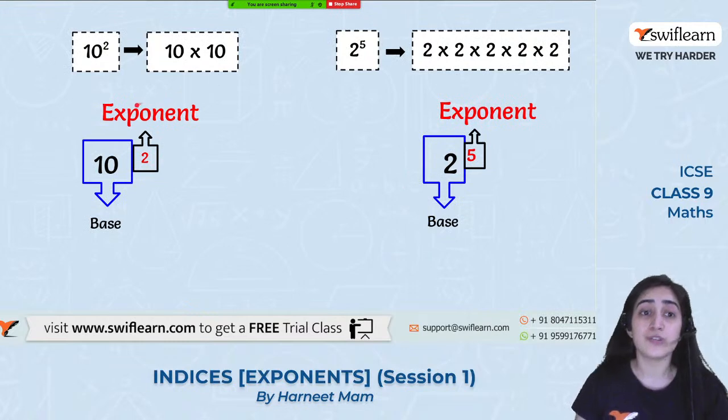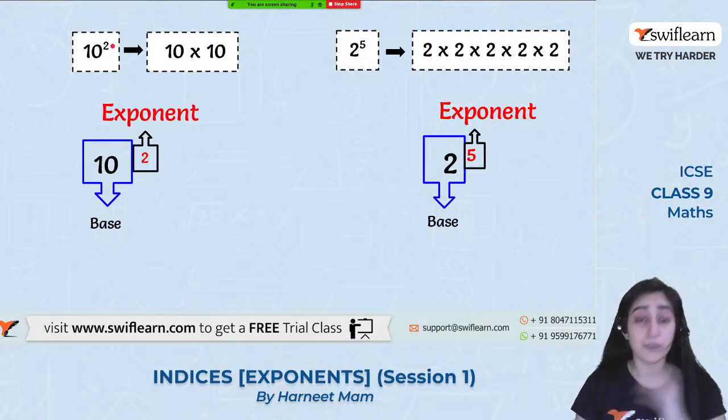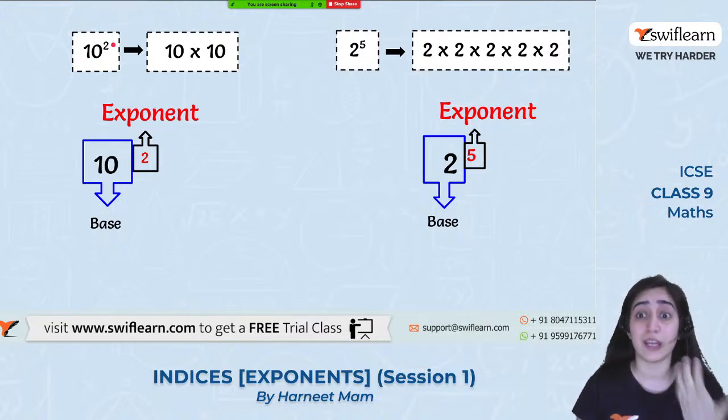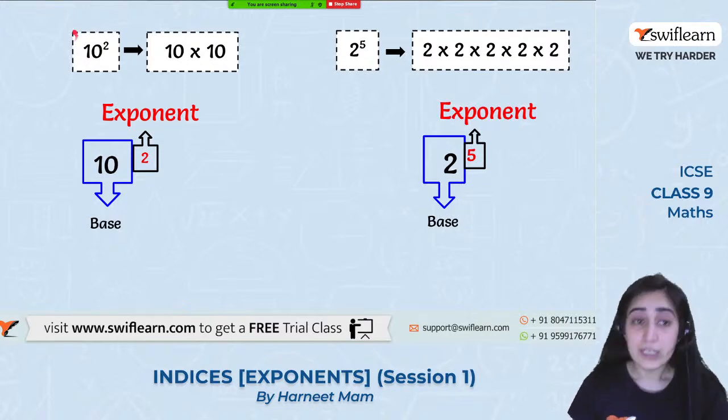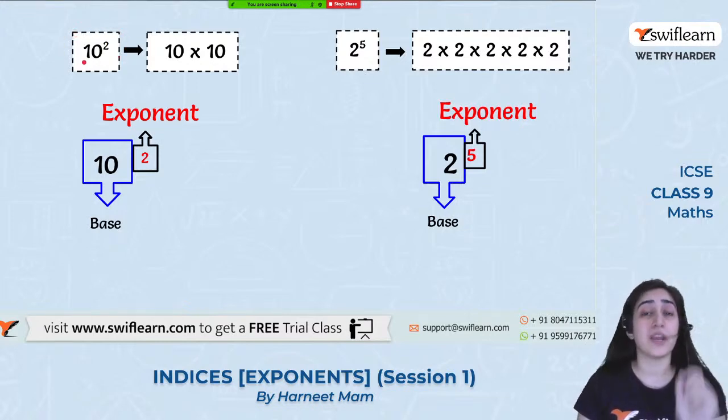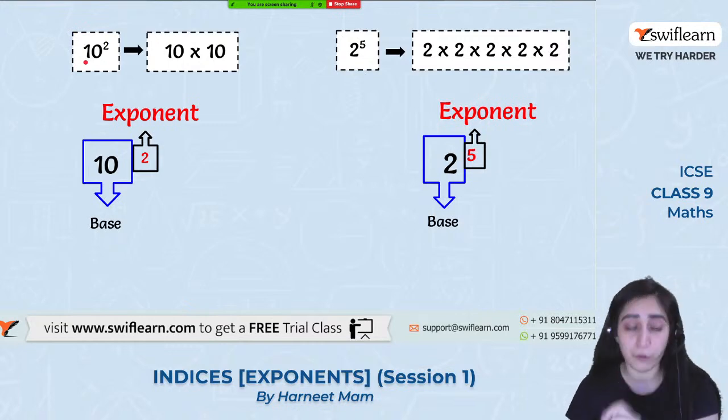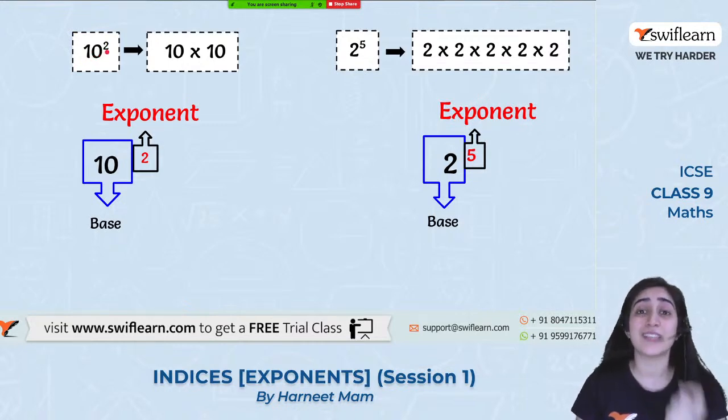All right. So now what is it? What can you anyone read what is written there? 10 and 2. How do we read it? If you know how to read, give me a thumbs up so that I know. And if you don't, then I'll let you know how to do it. All right. So we read this as 10 raised to the power of 2. Perfect. Good. So by saying 10 raised to the power of 2 means the number is being multiplied by itself.